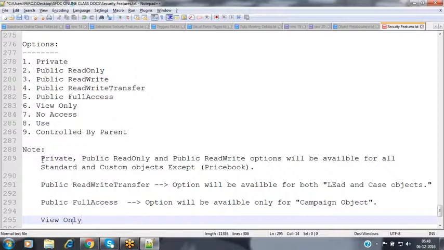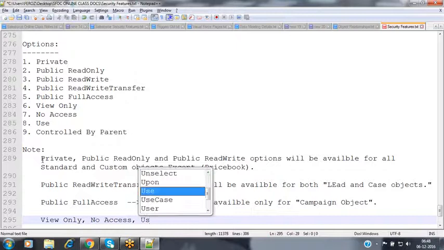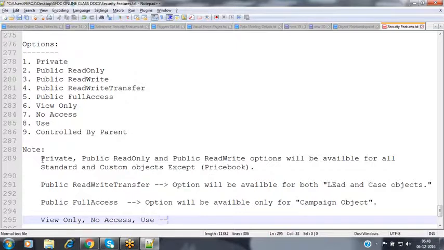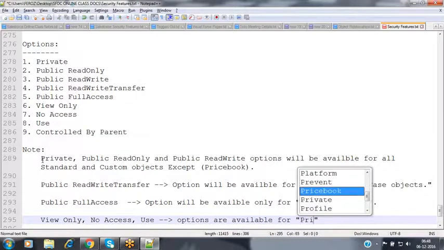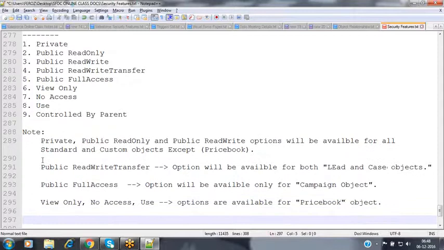View only, no access, and use are available for the price book object. The price book object will have only these three options: view only, no access, and use.